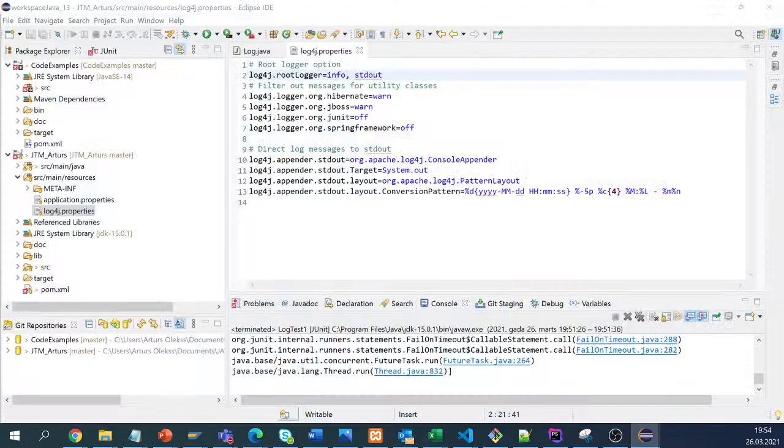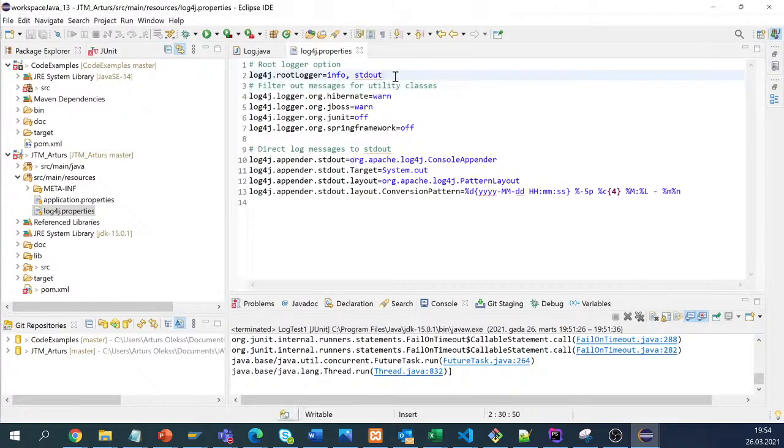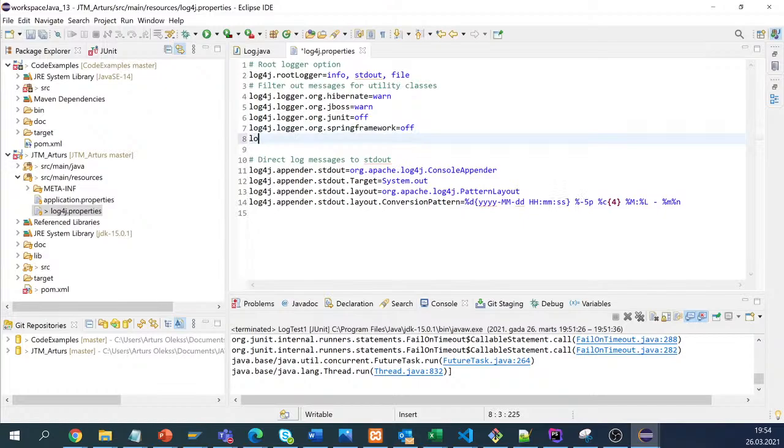Let's quickly double check this one. Okay, we need to add the file first. That's correct. Yeah, so here we need to add the file. That's correct. Then here we have warning. That's correct. Also we need to add, because that was asked there,